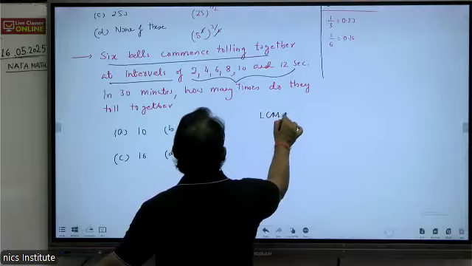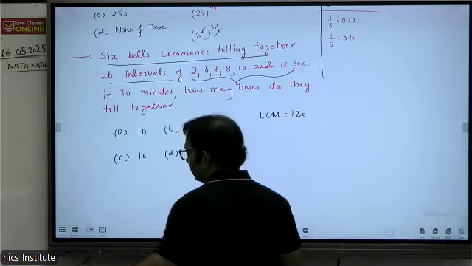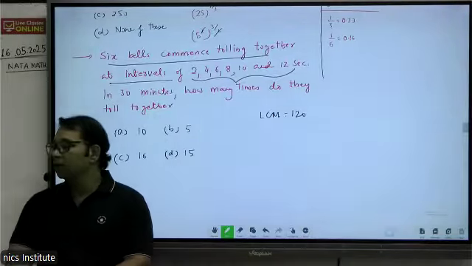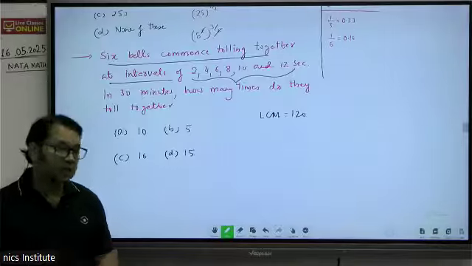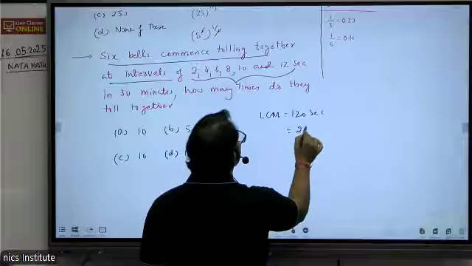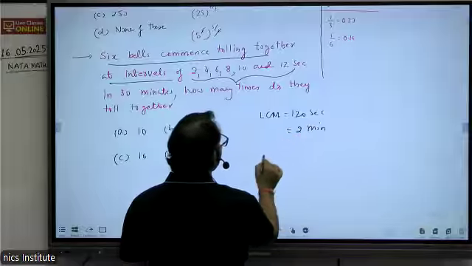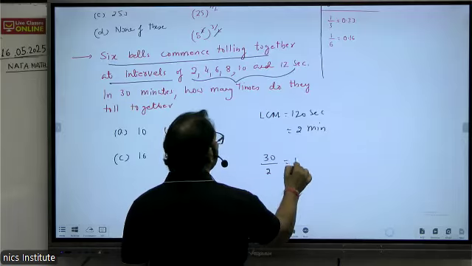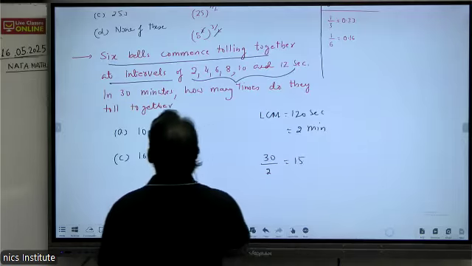That means they'll sound together at an interval of 120 seconds. That is 2 minutes. What is the total time? 30 minutes. So 30 divided by 2, 15. But the answer is not 15 because